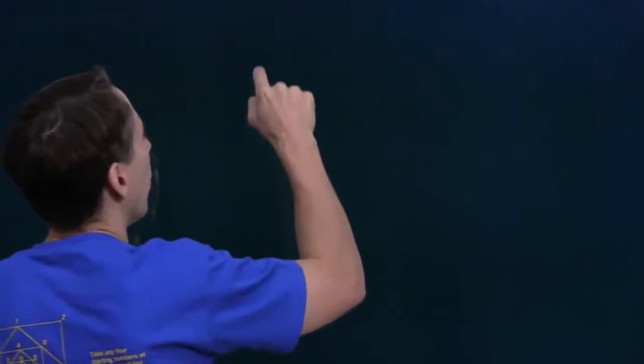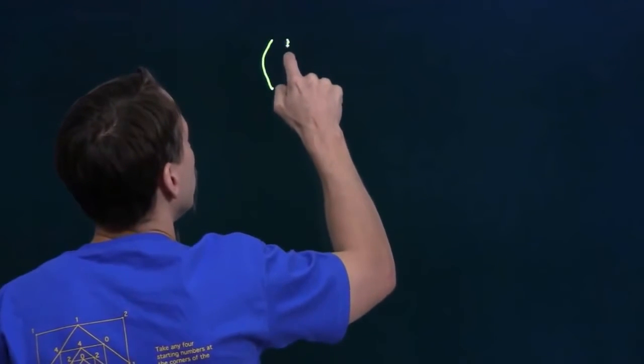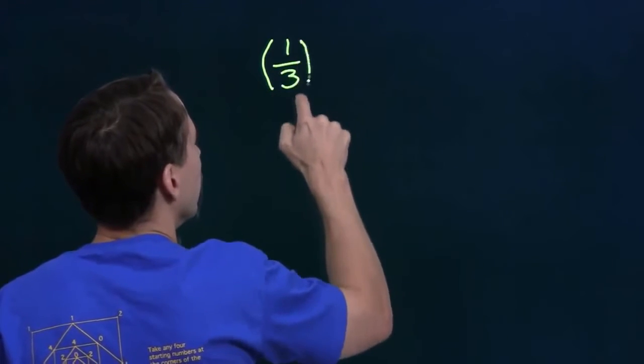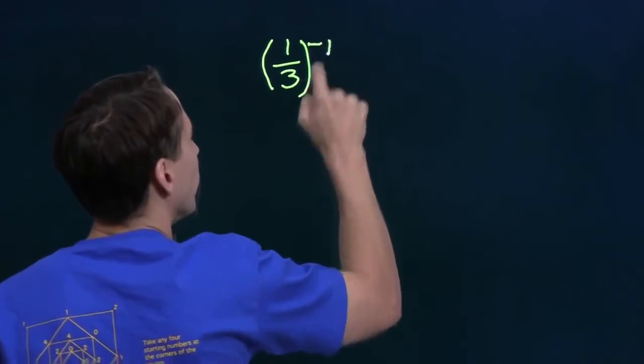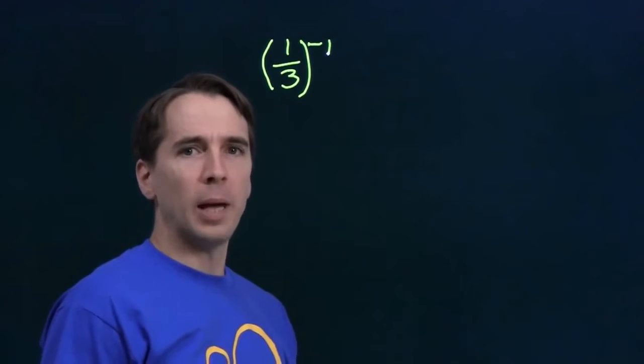We know how to raise a number to a negative power. 3 to the minus 4, that's just the reciprocal of 3 to the 4th. But what happens when we take a reciprocal and raise that to a negative power? We'll start off simple. That's usually what we do with a new idea, or at least with something that seems like a new idea. We'll take 1 over 3 and raise that to the negative 1 power.